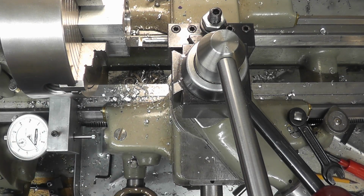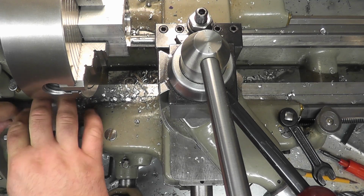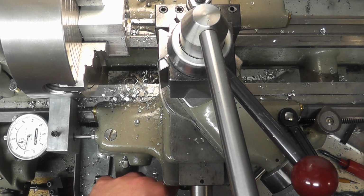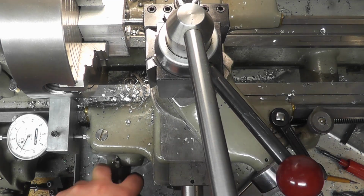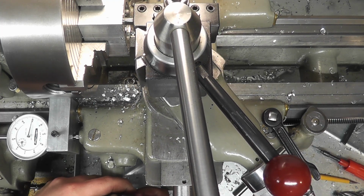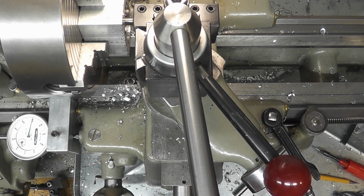Alright, so now we got to do the internal bore, and that's 750 thousandths deep. So what we're going to do is come up and touch again, zero my indicator, crank in here, eyeball the middle, go 1, 2, 3, 4, 5, 6, 7, 150 thousandths. Okay. So now what we're going to do is just back out until we touch, which is right there,